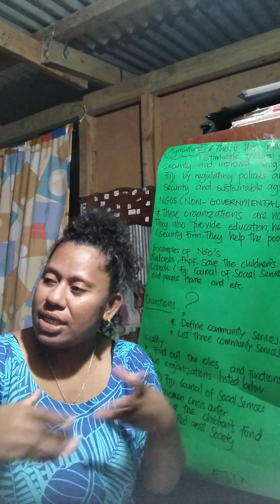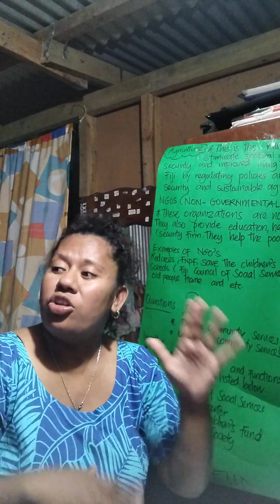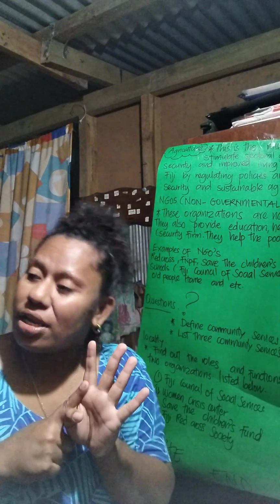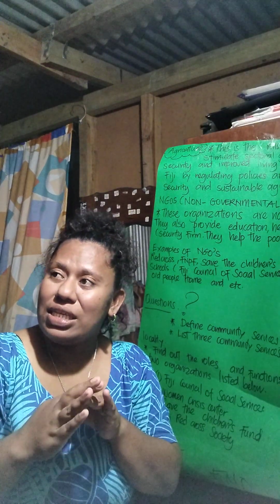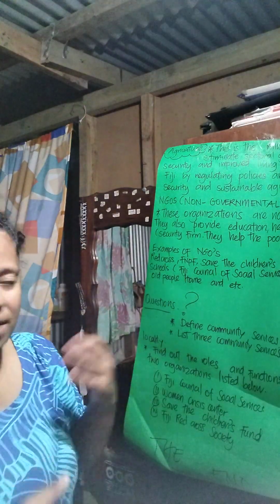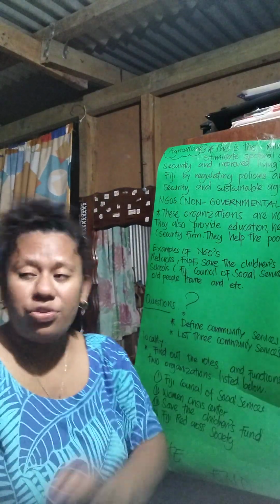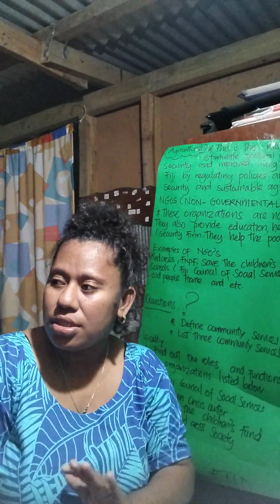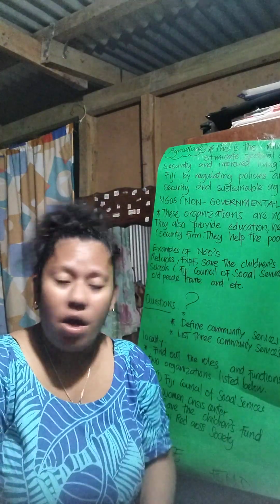So what are some examples of NGOs that we have learned? In short form we say NGO, in long form we say non-government organization. Some examples of NGO are Red Cross, FNPF. FNPF, what do they usually do? They assist in education assistance, housing assistance, business assistance. Also the Save the Children's Fund, nutrition, council, schools, Fiji Council of Social Service, Women Crisis Center, and old people's homes.